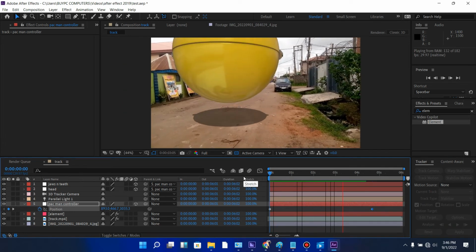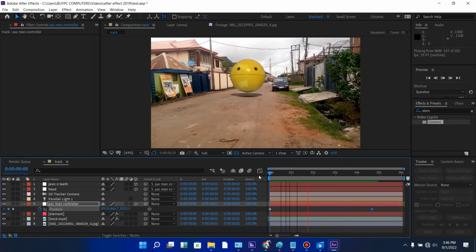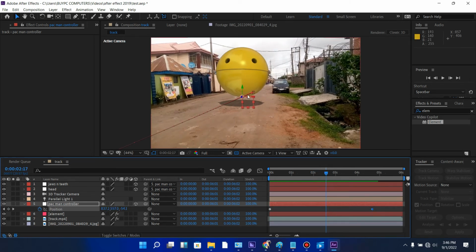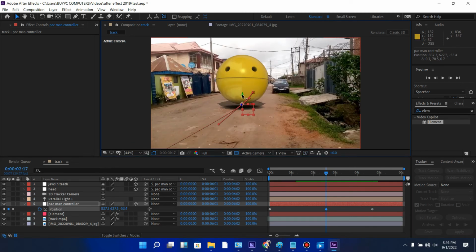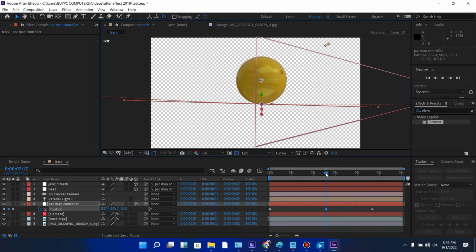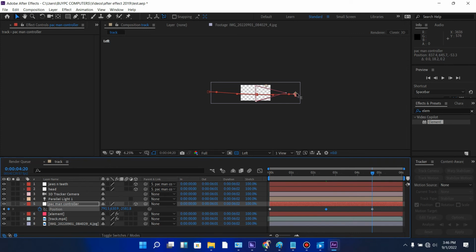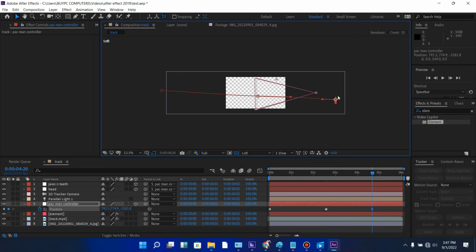Moving, but it's looking as if it's levitating, and I'm not liking the fact that it's levitating, okay. So I'm just going to come over to this part where it looks like it's levitating, and I'm going to take this to the middle and then take this down so it's still sitting on the floor. Yeah, this part should be good on the floor, and then I'm going to come back to this left view and then make this part where it's the last scene, and make sure I'm at the last frame. I'm going to take this down a bit so this thing does not look like it's flying,